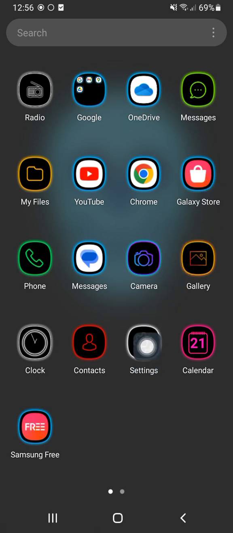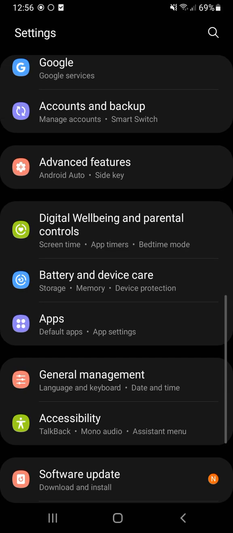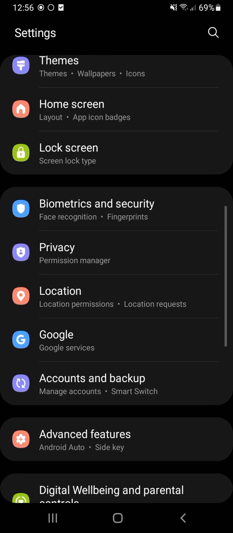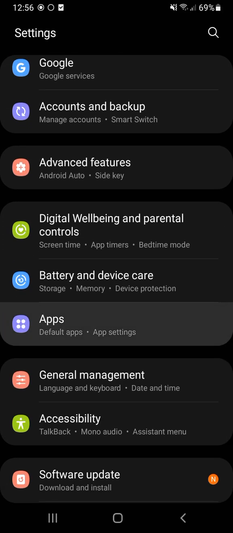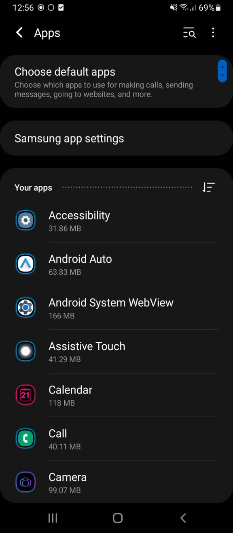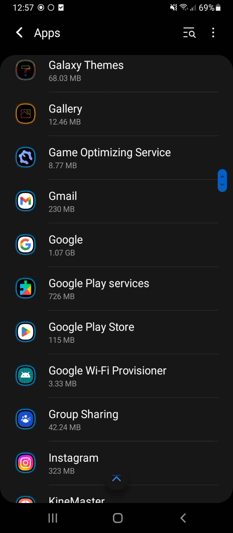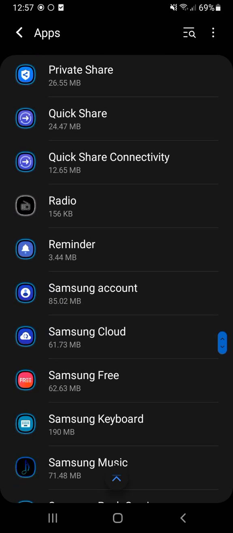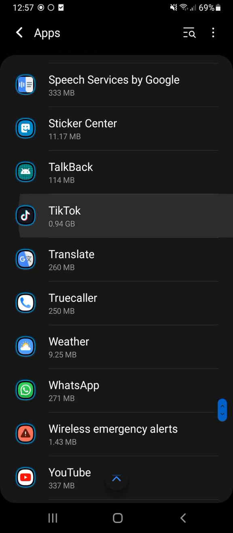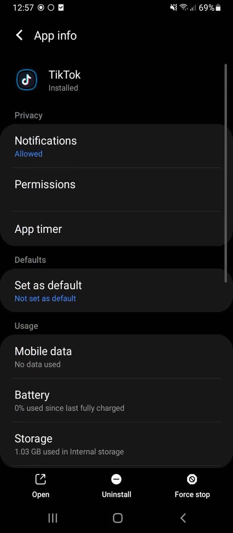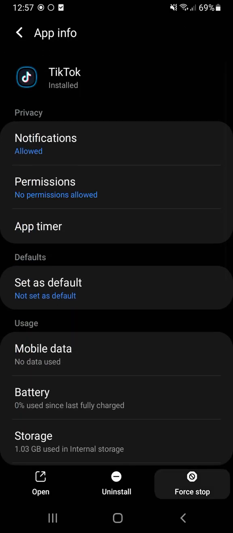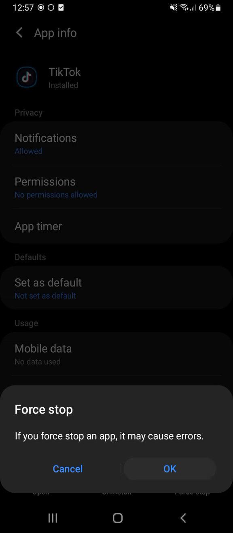You just go down and you click here on settings, then you come to a settings window and you just go down, you click here on apps, then you come to the apps window and you just go down here looking for the TikTok app. In this window, you just go down and you click here on TikTok, then you come to this window, you click here on force stop, then you click here on OK, and